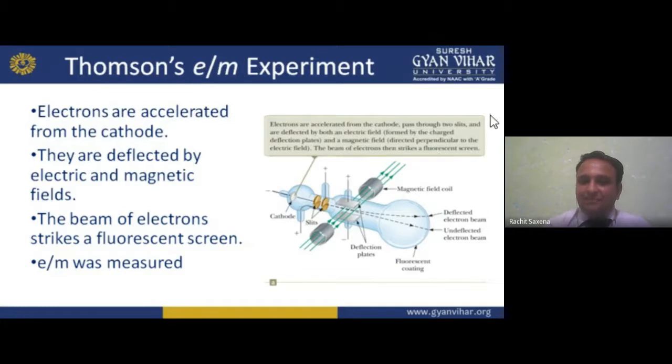We have two plates. The deflection plates create the electric field due to charges, and a magnetic field coil creates the magnetic field. Then the electron beam is deflected on the fluorescent screen. So it basically gives you the image, the figures. Through this we can make our CRO. We also have the cathode ray tube TV. We use this technique. This was the technique used in the ancient time. Hope you understand about this.